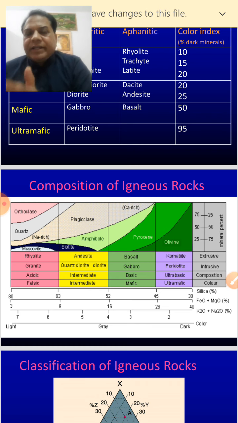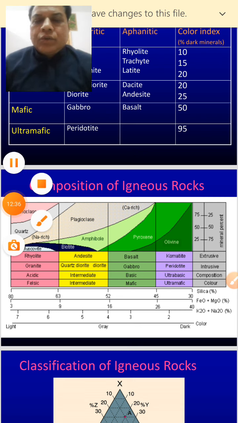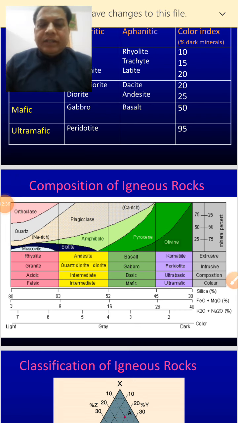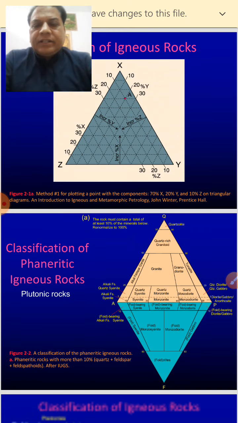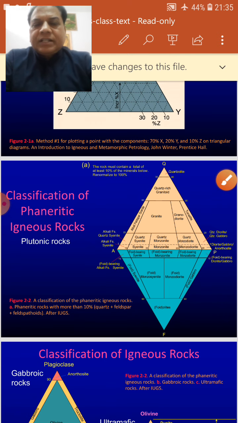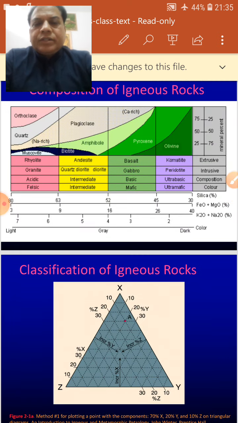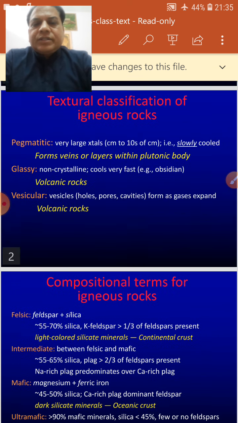there is a gradational change in texture and mineral composition, and we understand why igneous rocks are named on the basis of texture and mineral composition. So this is, you can say, for systematic study, these classifications of rocks. Now in this diagram, we already discussed in our lectures the different compositional fields, the classification of phaneritic igneous rocks, taking a QAP diagram, right? If you take it seriously, this is easy to understand also.